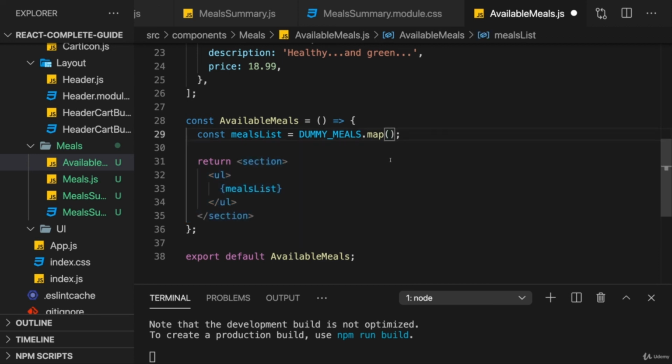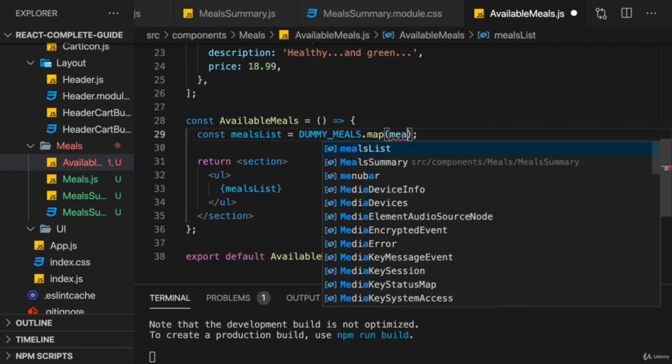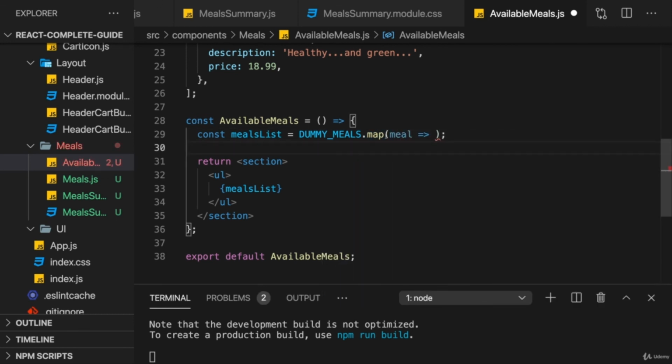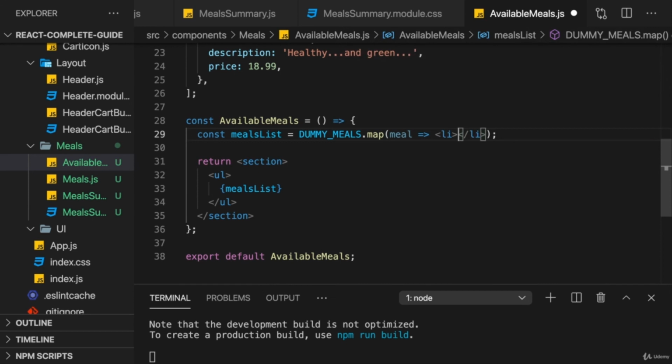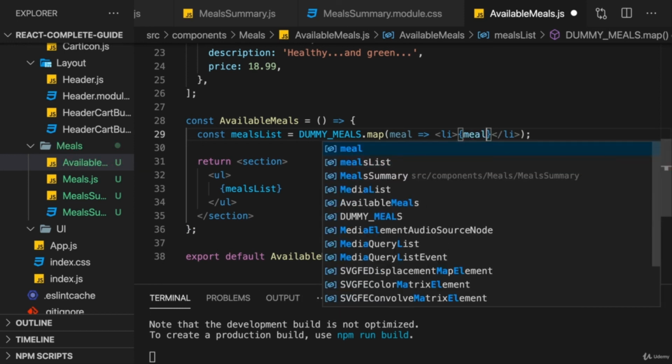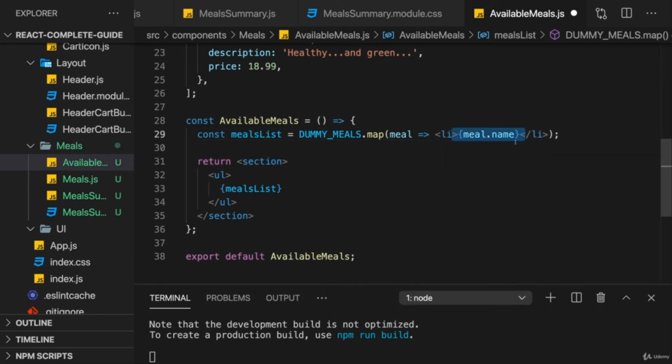And it's totally up to you if you want to do this transformation here and store it in a constant which you use down there, or if you do the transformation inline in your JSX block. Either way, we will simply map all these meals by passing a function to map, which is executed for every meal by JavaScript. And then for every meal, we want to return a JSX element which represents this meal item. And that should be some list item, of course. I can already say for the moment, we can simply output meal.name here, like this, but that's just temporary. We will soon create a separate component for the meal item. But for the moment, we can leave it like this and finish this first draft of the available meals component